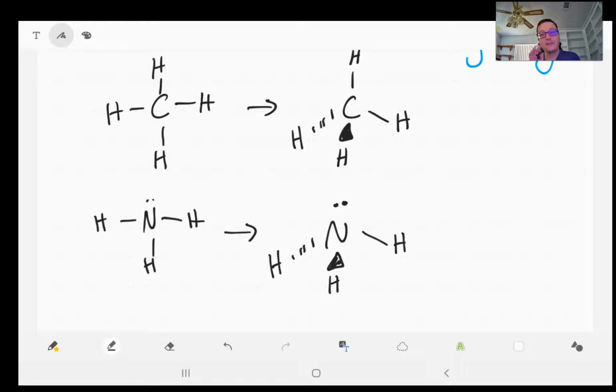I don't really focus on this too much in this class. If you're going to take 111, then yes, we'll focus on this more. And in OChem, this is all we do with wedges and dashes. It's just a formal way of going from